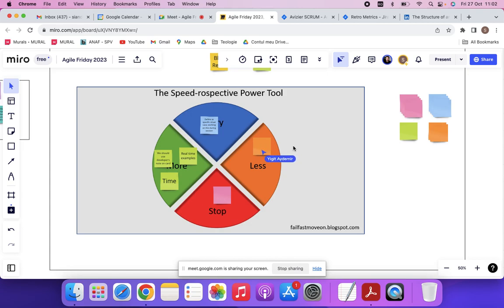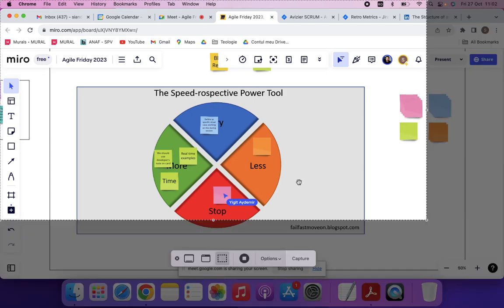Everything is okay, and there's nothing to stop. Everything was cool. All right, these are my feedbacks. Thank you, Igit. Just 1 second. I will start the